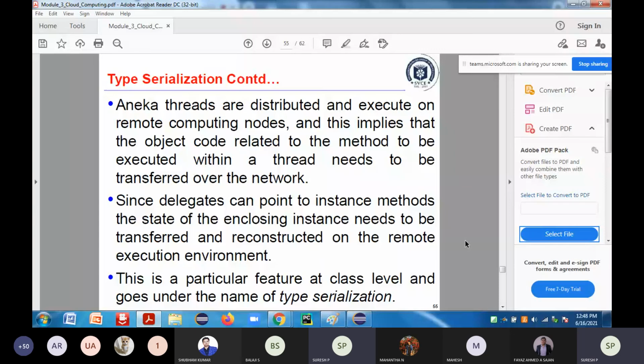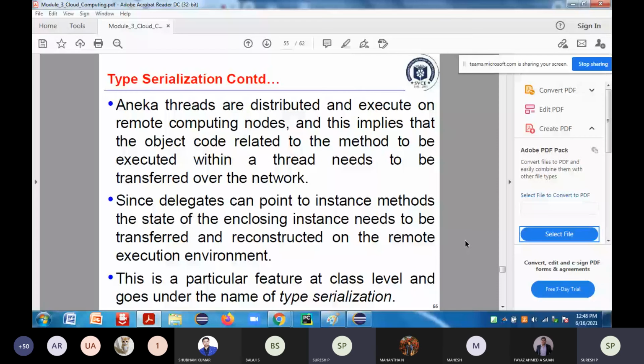The object code related to that particular method to be executed within the threads needs to be transferred over the network. When you are transferring over the network, obviously the address space which you use for the single machine has to be changed. So the state of the enclosing instance has to be reconstructed on the remote execution environment.